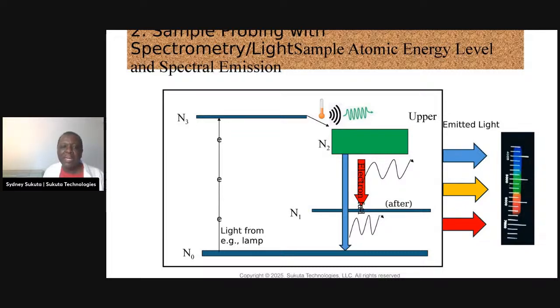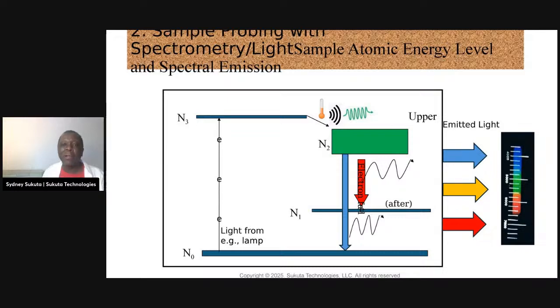The laws of physics say that if you have too much energy, you need to go to a higher level. So once you send light in there, which has a certain energy, it will make the electrons jump by that amount of energy to the next level, maybe the next, or 3 or 4, whatever, it doesn't matter. Now we say that the electrons are excited. They have energy with them. They transport energy to a higher level, and they may lose some of the energy through, let's say, a temperature change, a vibration or sound, because all those are forms of energy, right? And it may go to some level. Let's call it the upper level.